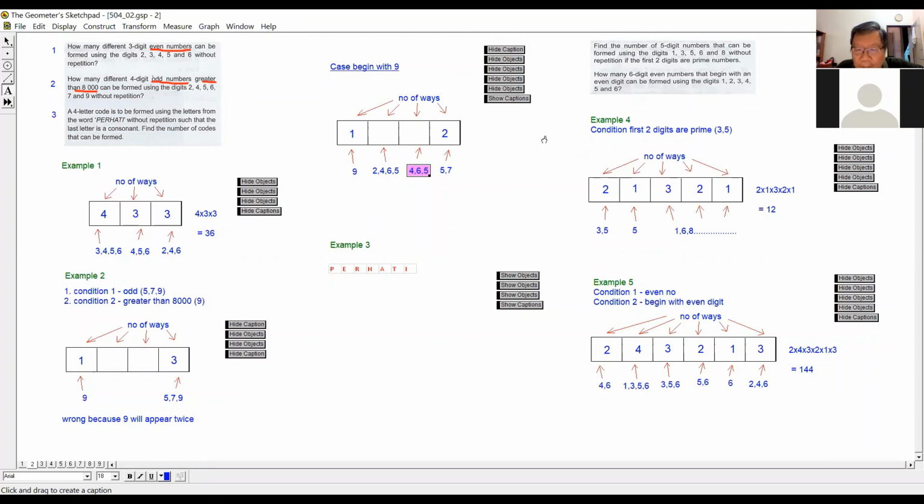Some more? Any more questions? No. Then we continue with